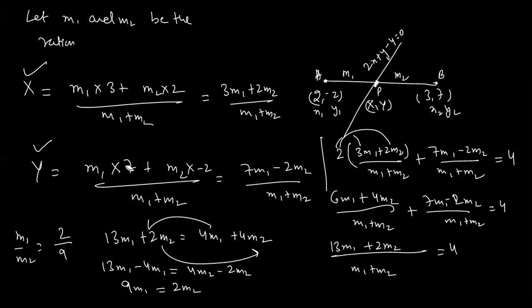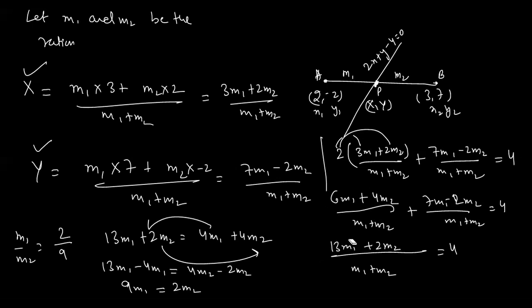So we have to write here the value of y as same. Okay, (7m1 - 2m2) upon (m1 + m2) is equal to 4. I move this 4 to that side, so it will become positive. Now simply taking the LCM as m1 and m2, because here is also m1 and m2 and here is also m1 and m2, taking as an LCM. So this 6 and 7 will get added.